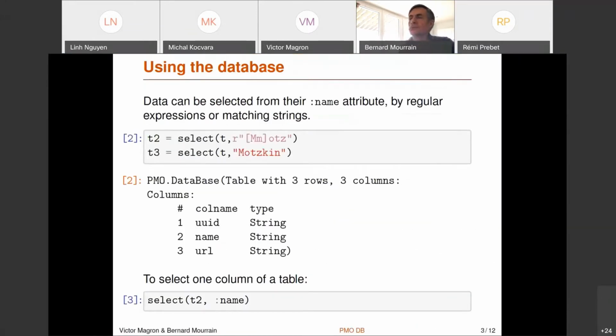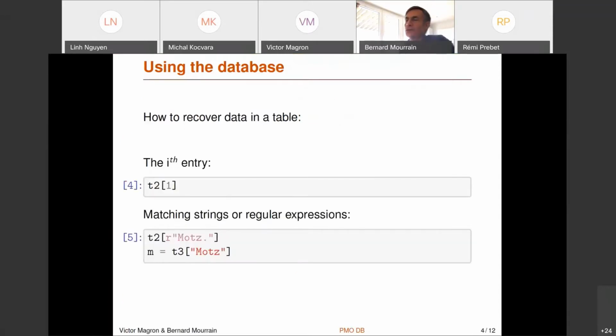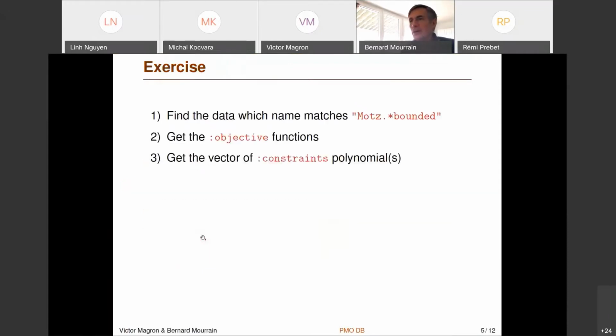So that's a way to get values using strings and regular expressions. A small exercise: we want to recover all data whose name contains mods and ends with bounded.